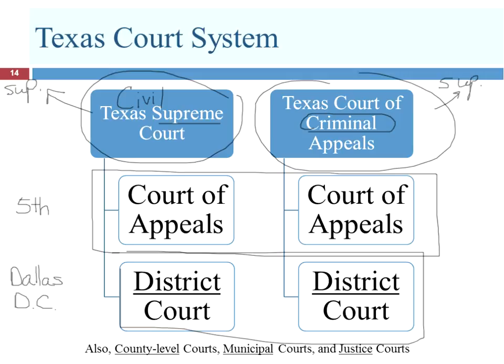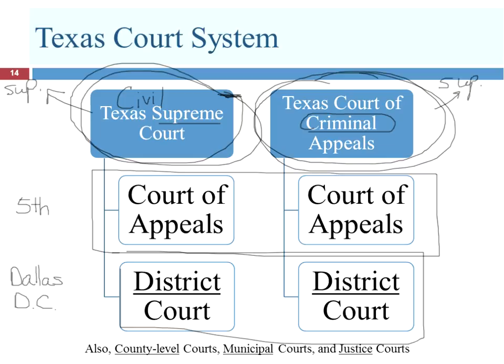Each one of the courts has 9 justices, including a chief justice. Now, we just have more civil litigation than criminal litigation, so this is, in some sense, the more important court. And there are a few functions the Texas Supreme Court does that the Texas Court of Criminal Appeals doesn't do. And so in some sense, this is the most Supreme Court. But if it's a criminal matter, the Texas Supreme Court's not even going to hear it. The only path is over here. So just think about this being the Supreme Court for criminal matters, and this is the Supreme Court for civil